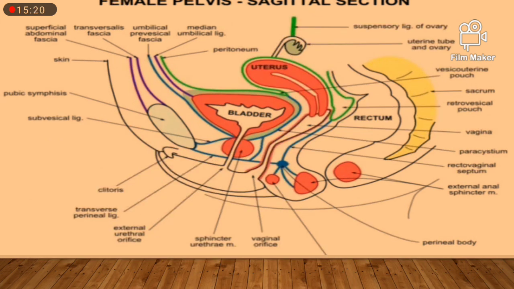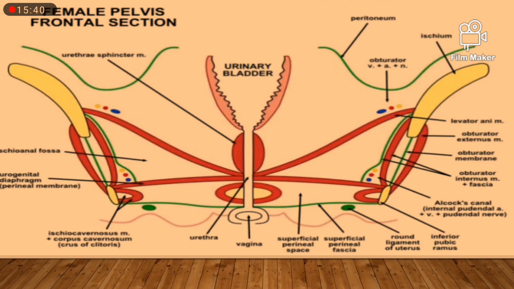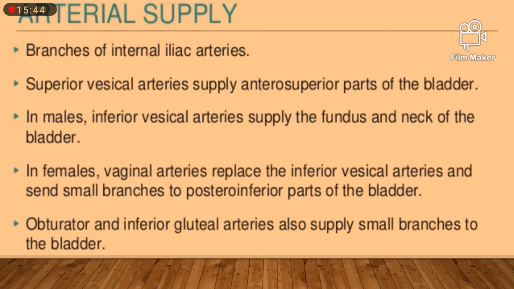so it is the common male urogenital apparatus. Now in case of female, here you can see this is the bladder and it is coming to the female urethra, this is the uterus and this is the vagina. Okay, so now this is the coronal section. Here you can see this is the urinary bladder.